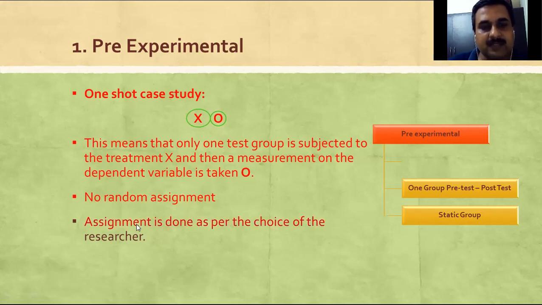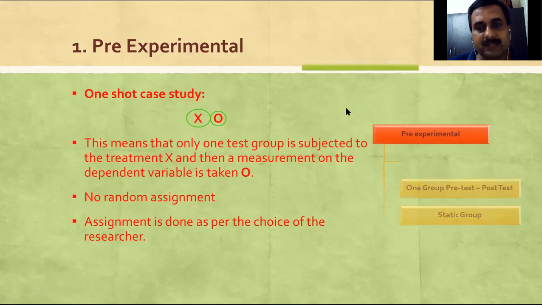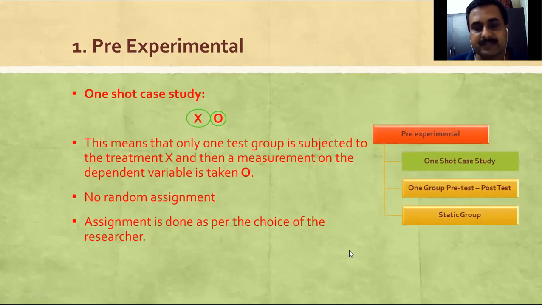And the second one is assignment done as per the choice of the researcher. What does it mean? If the researcher is going to assign the sample or choose the sample size on his own, chances are he is not going to use random selection. So he may choose some biased selection, and due to his bias in selection, chances are the result could be a bit vague in nature. And that's why we usually say that pre-experimental research design types are loosely structured, and we are not going to get the appropriate result which is expected from any experimental research design. So we have already seen this one-shot case study. Let's move further.